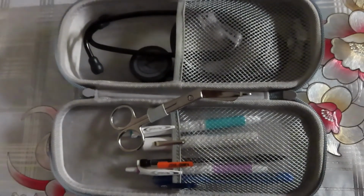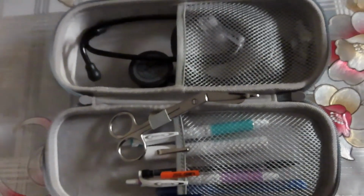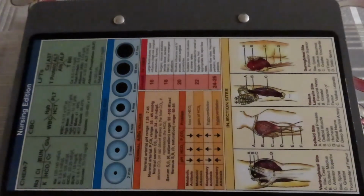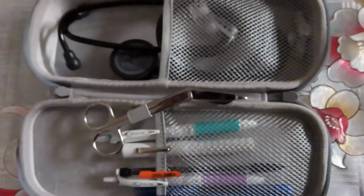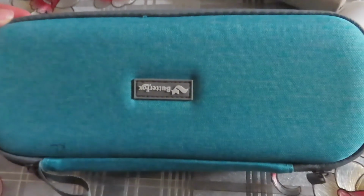Okay, so I didn't have a chance to show you what it is that I bring with me to clinical. So of course I bring with me my clipboard, which is like psych, and this is where I keep all my documents. And then I also bring my stethoscope. This is cool because it's like a little box thingy. It's super small. I know in the video it looks bigger, but